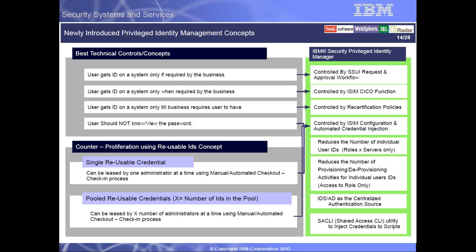Next, user should not know or view the password. This is quite a secure way of making sure that the administrator does not know the password. It makes it quite safe and secure, because let's say I'm an administrator and I want to do my activity. I don't have to know the password, but I get the session in my screen or on my desktop